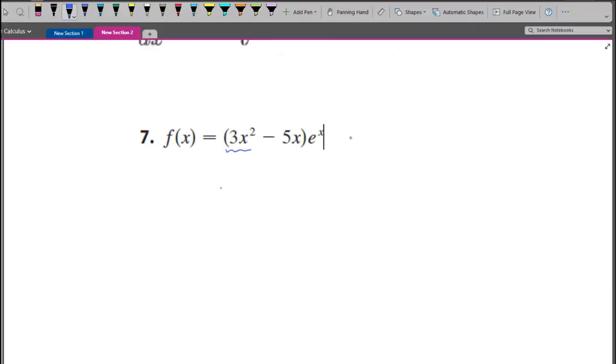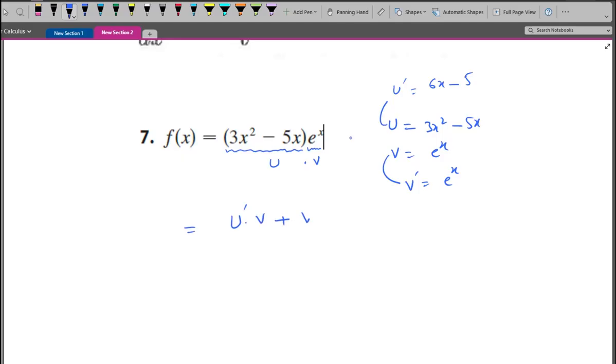What if I say this is u and this one is v, and we can apply the product rule here. So what is stopping you from solving this question? It is quite easy. For this part, the derivative of v is going to be the same thing, and for u, the derivative is going to be 6x minus 5. You just plug in the values in the product rule, that is